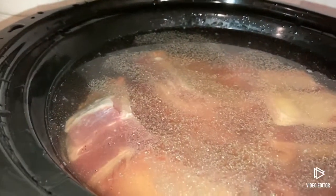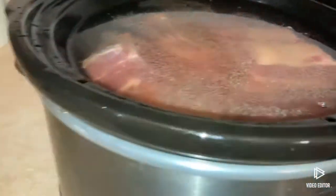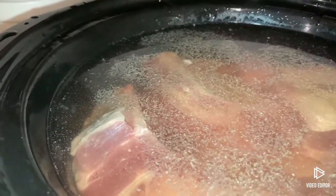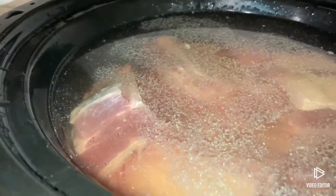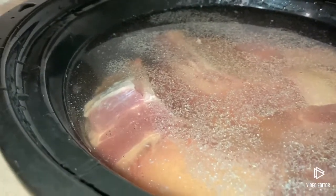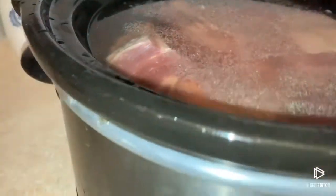Okay, so as you see, I got the water up pretty high, and what I've sprinkled on top is some garlic powder. Just a little trick I learned a long time ago from a friend was to always put a little bit of garlic in with your meat. When you're cooking your meat, you're not going to taste the garlic, but it just does something to enhance the flavor. So anyway, that's what I do. I'm going to put this up on high,